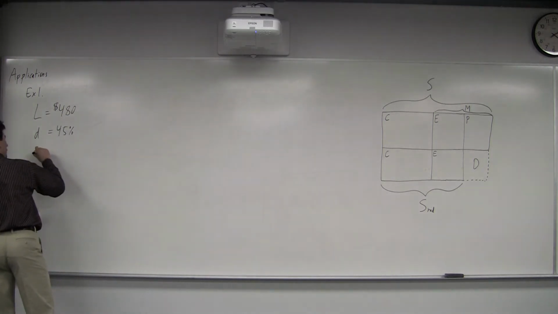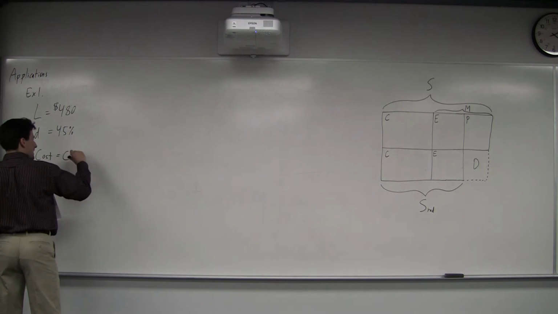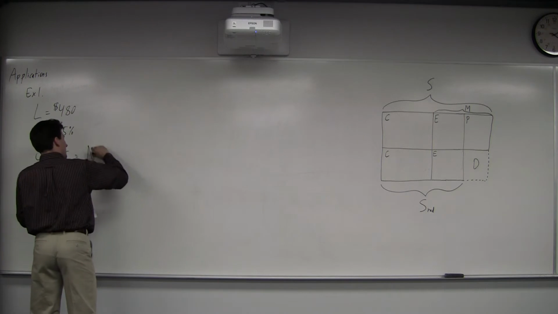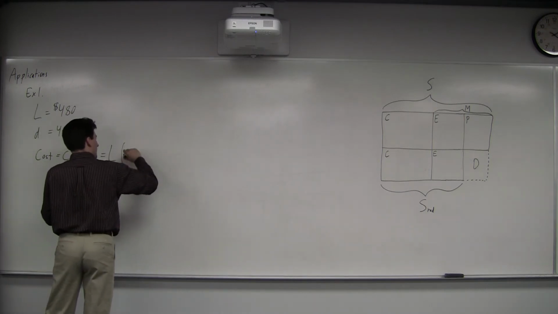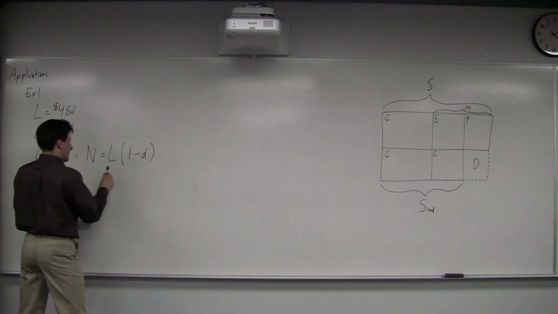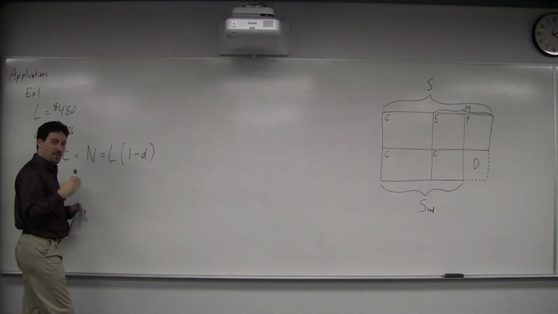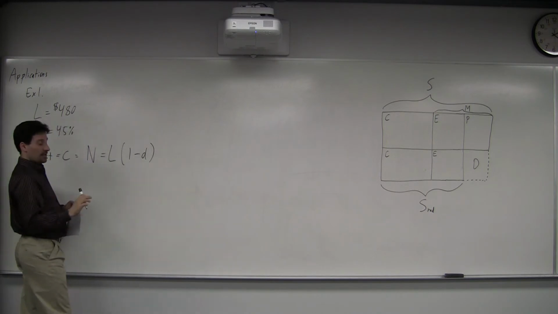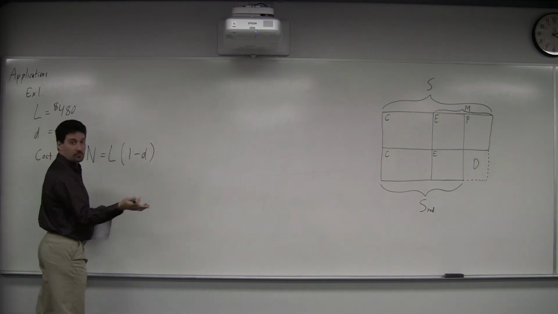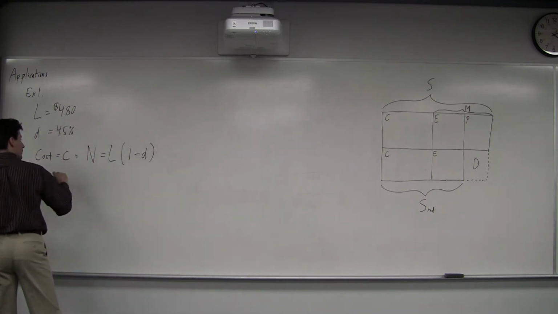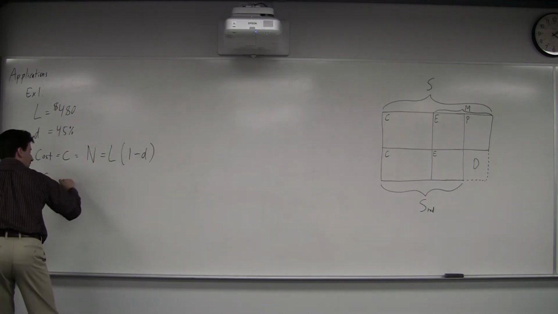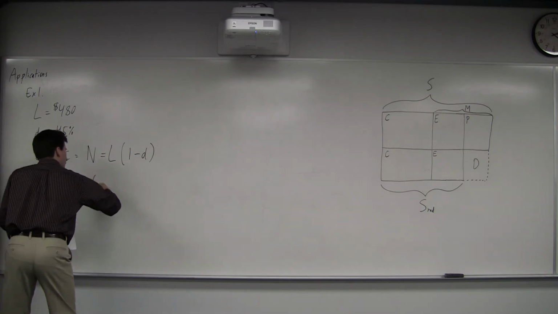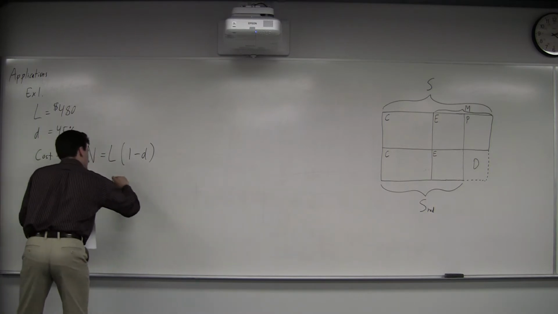So the cost, or C, is going to be derived from this equation that we had before: N equals L times bracket 1 minus D bracket. The net price that we actually pay, which is going to be the cost, is equal to this list price times 1 minus the discount as a decimal. So let's put that in. Cost, C, is equal to 480 times bracket 1 minus 0.45,